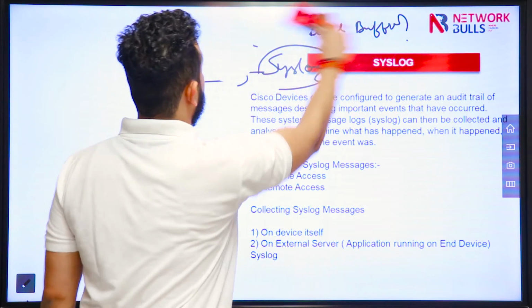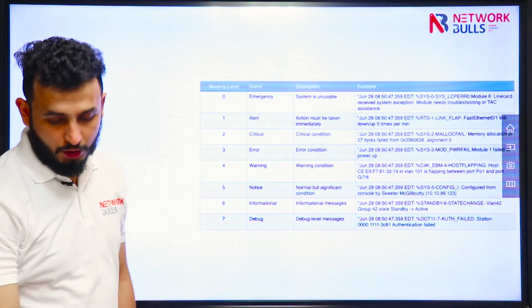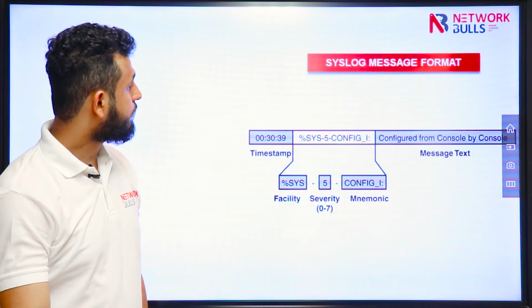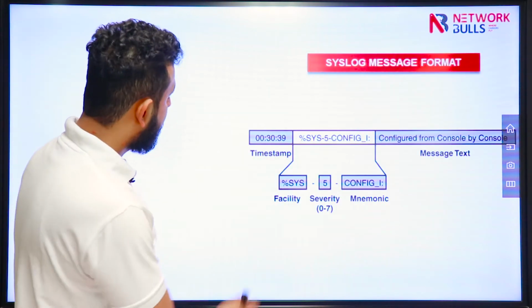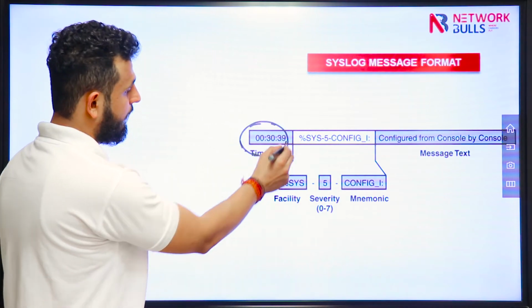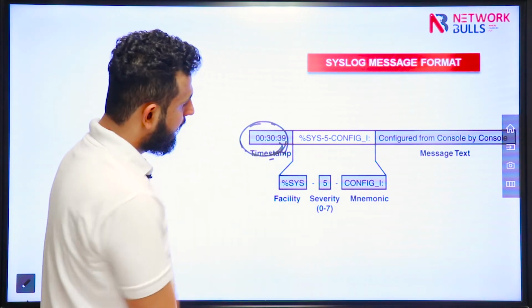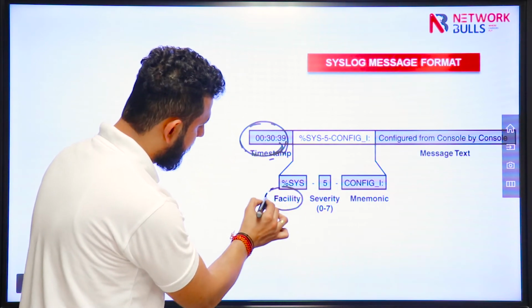Now the next question is how a log looks like. So I have a format of a log. This is how a log looks like. First of all, I will be having a timestamp. After that, my log has a facility.